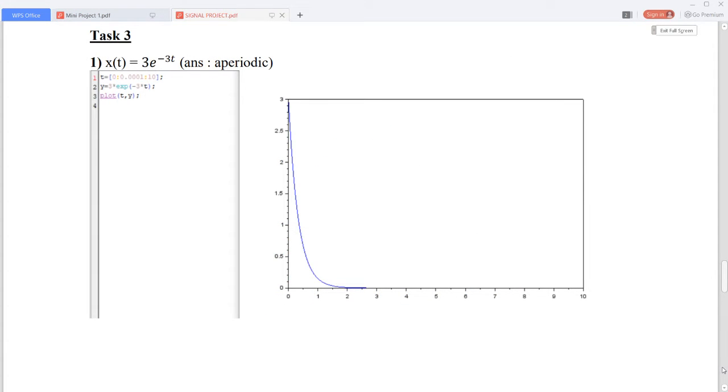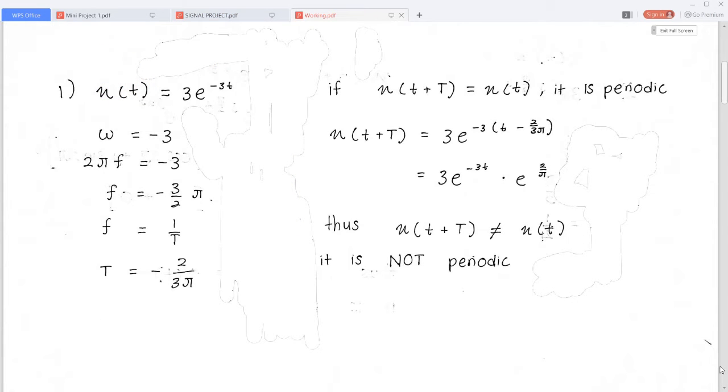For the first question, from the Scilab simulation, you could probably guess that this signal is an aperiodic signal because there is no trend or repetition whatsoever. But I would like to prove this using an equation. The fundamental property of a periodic signal is that